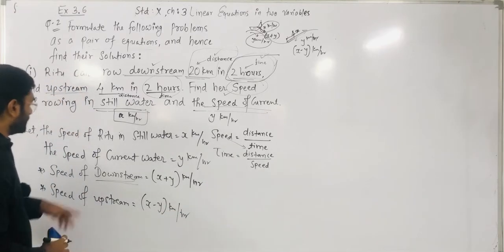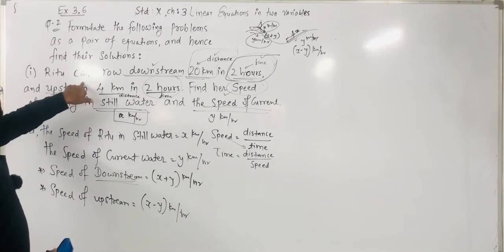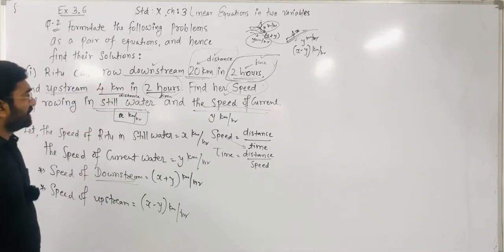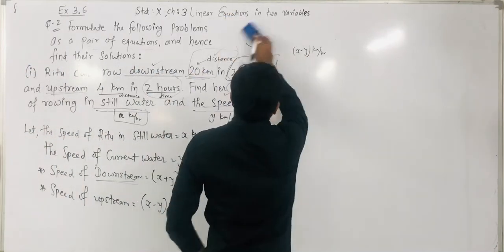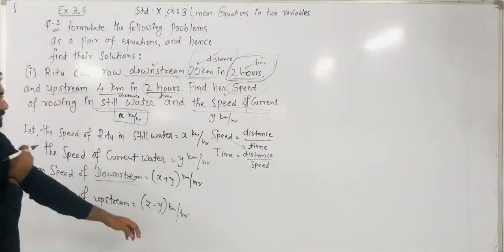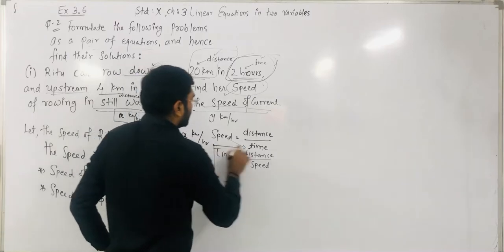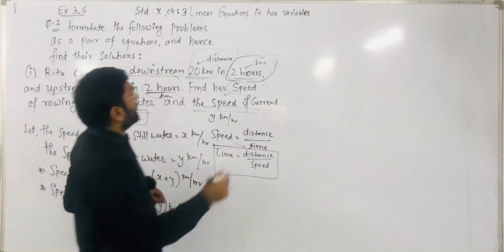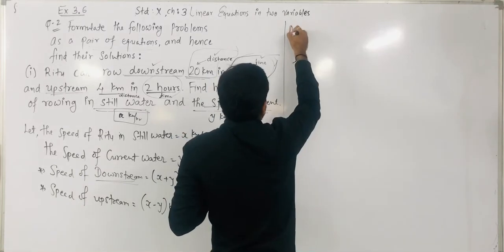Why do we find downstream and upstream speed? Because the upstream and downstream conditions are given. That's why we define the speed of the upstream and downstream. Now, we have to make the equation. We have to use this formula: time is equal to distance upon speed. So, according to the question,